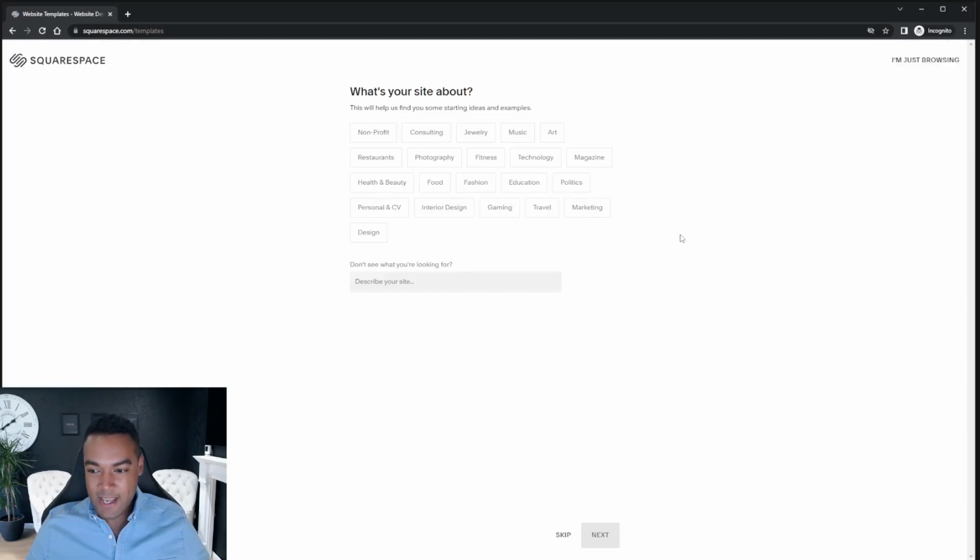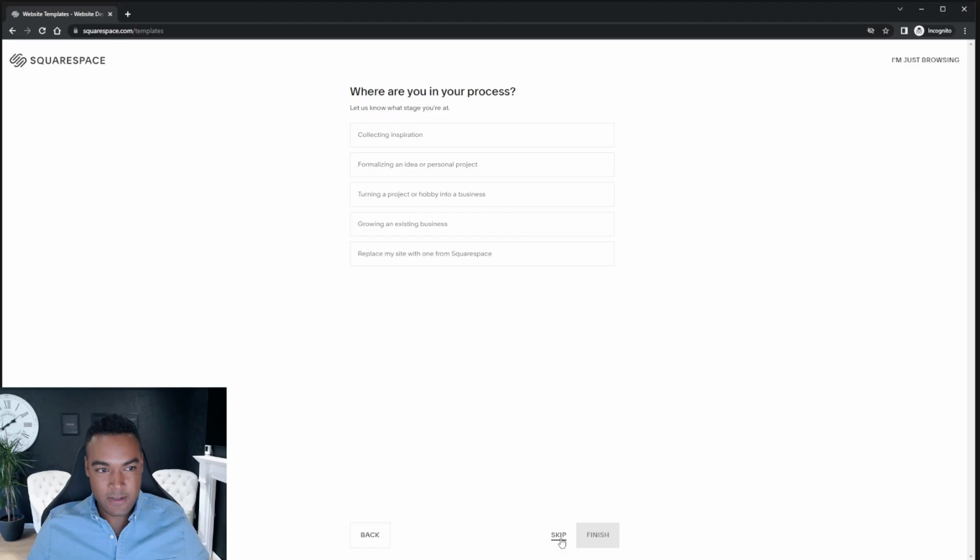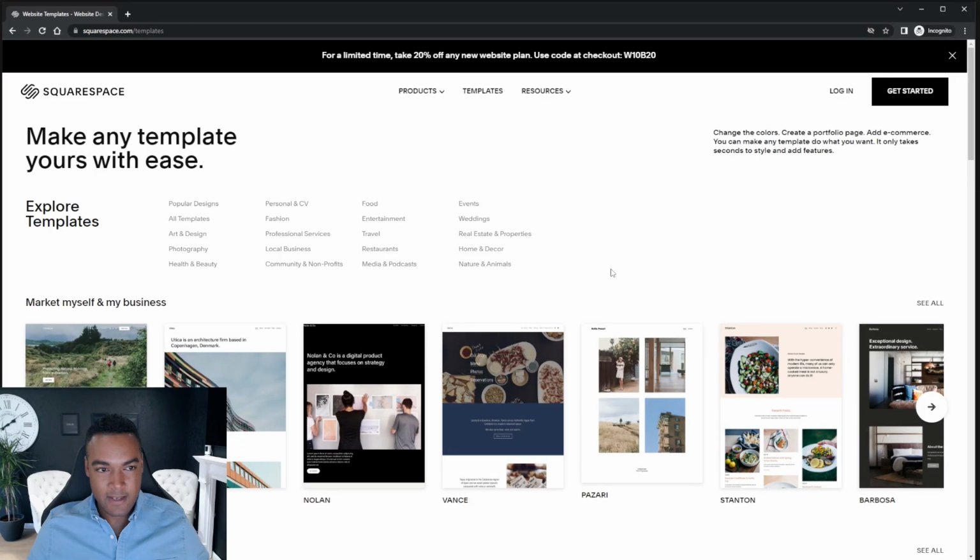So there's, I guess you used to call this a wizard that guides you through the steps. If you wanted, you could skip this wizard, which is just designed to show you templates and ideas that are relevant to you. So I'm actually going to click skip, skip, skip. And this is the page I want to arrive at here, where I just get to look and choose which templates are of interest to me. So I'll close this,